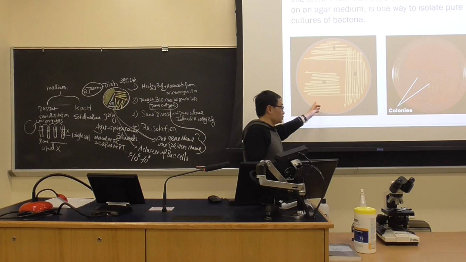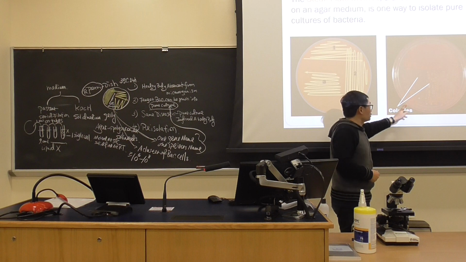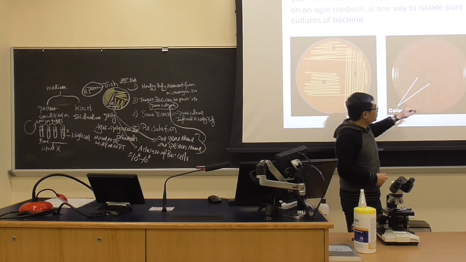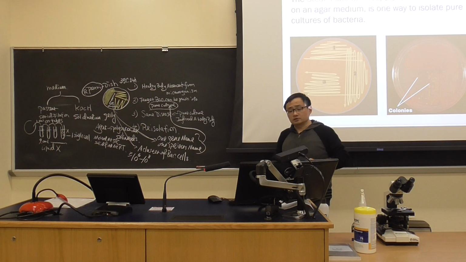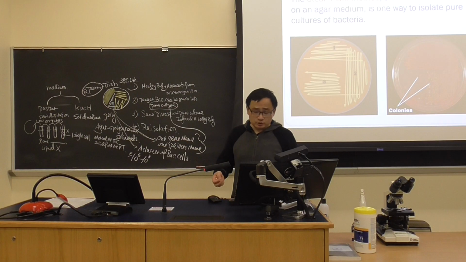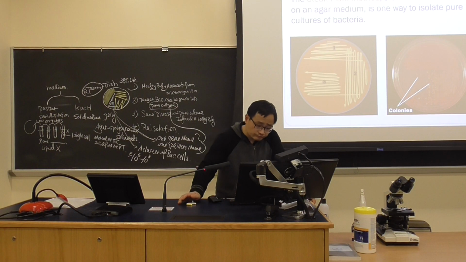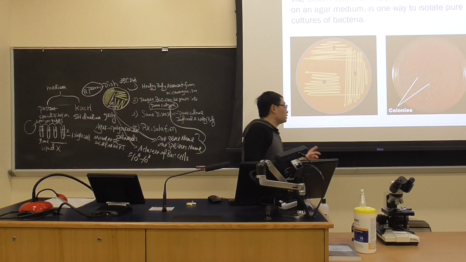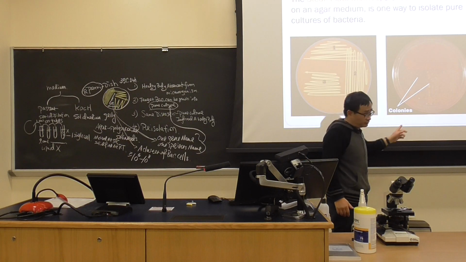So this is where they did the streak plate, and this is where they also did the streak plate. You see the single colonies. And these colonies are important. So for example, sometimes you see a yellow colony. That could be Micrococcus luteus, which is coming from the soil, but it contaminates food products. If you see a pushable colony, that might be gonorrhea. It could be Neisseria gonorrhoeae. So those characteristics of the colony sometimes will tell us some of the information.